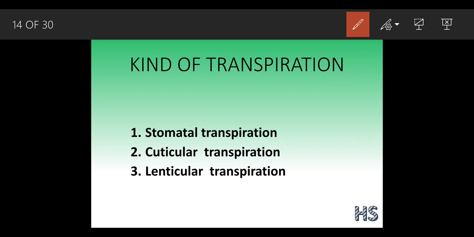In today's lecture, we are going to learn about the different kinds of transpiration and how the plants act. Okay, so see, first kind of transpiration. There are different kinds of transpiration: stomatal transpiration, cuticular transpiration, and lenticular transpiration. All these transpirations we are going to discuss in detail today. Okay, you are quite familiar with this word, stomatal. So let's start with the lecture.